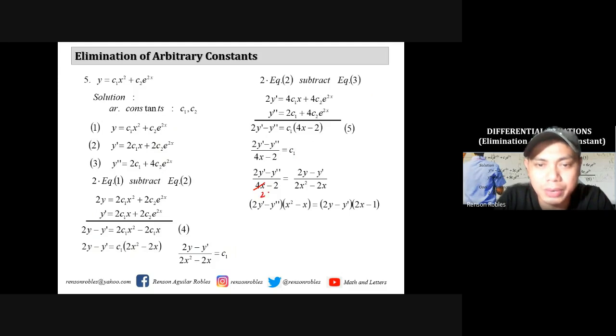So this will become 2x minus 1, right? And then this will become x squared minus x. Then you cross multiply. So you have 2y prime minus y double prime times x squared minus x equals then 2y minus y prime times 2x minus 1. Okay? And then we can now have,